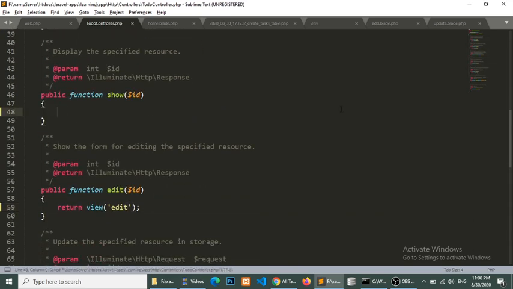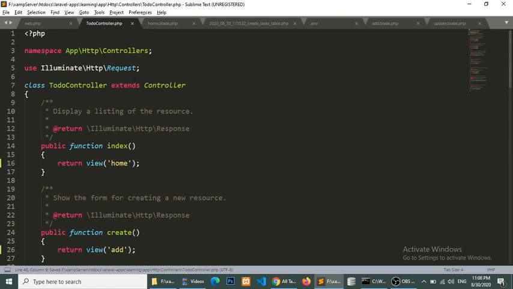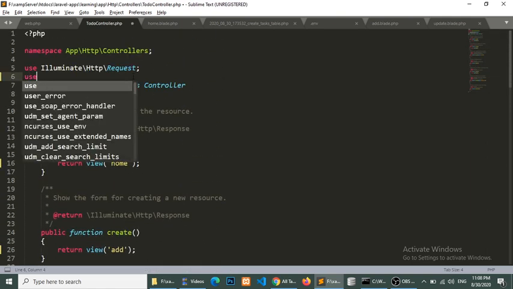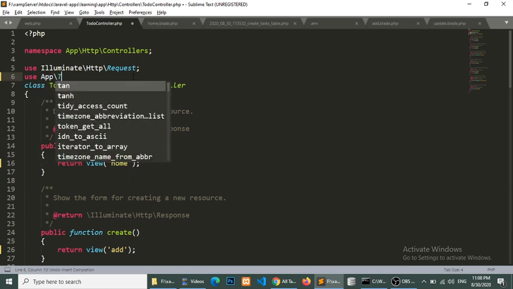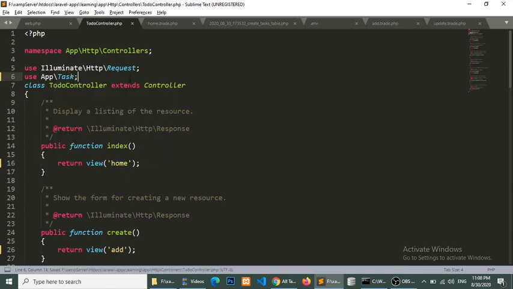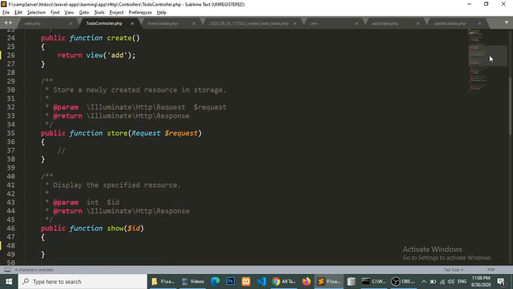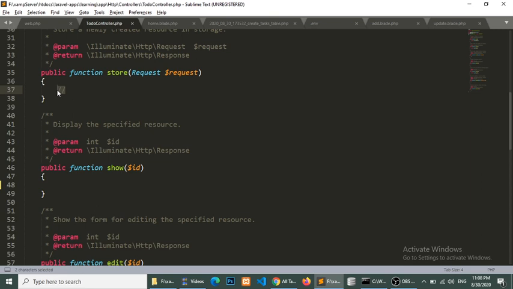So now go to the controller, and in the store method we will use the task model. Use app slash task. Now the migration that we have created is attached with the task model. So whenever we use the task model, we can access the tasks table. So we will use the task model here, and here we write task equal to new task